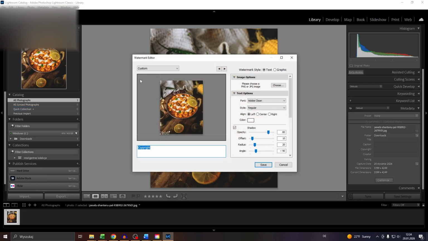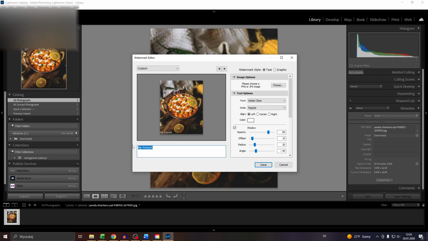So there are several ways I can do this, guys. You may, for example, enter your custom watermark text here, like, I don't know, my artwork or something like that, and you would see here in the preview that watermark. Now you can, of course, increase its size and also decrease it if you like,